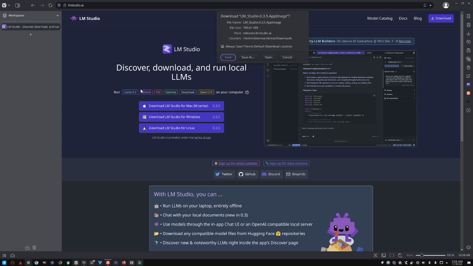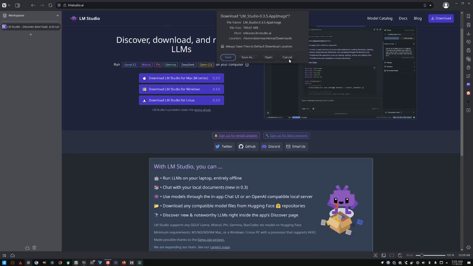You can run Llama 3.2, Mistral, Phi, Gemma, DeepSeek, Qwen 2.5, and more using this tool. It is available for Windows. It is available for Linux. Officially now, it was a beta Linux version for a while, and now it has the 3.5 full release for Linux. You're going to want to install or download initially the app image for Linux or the Windows exe setup file,